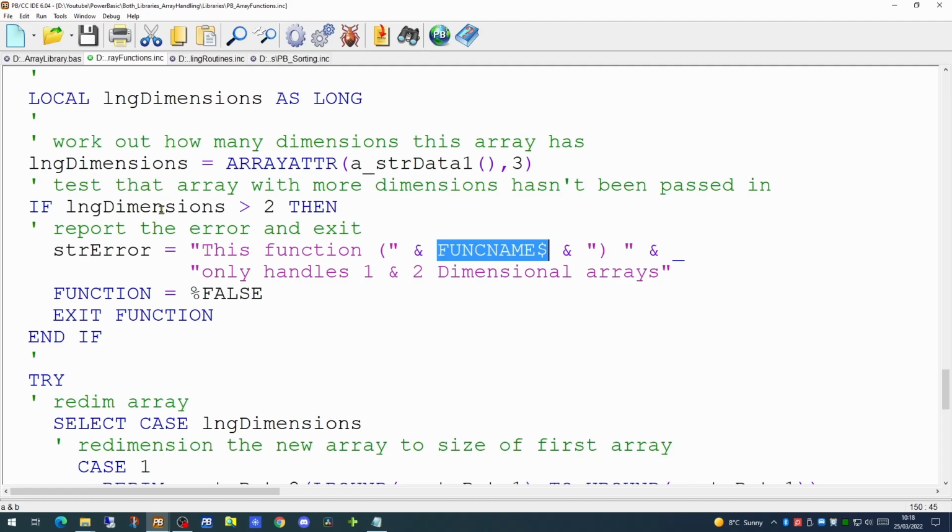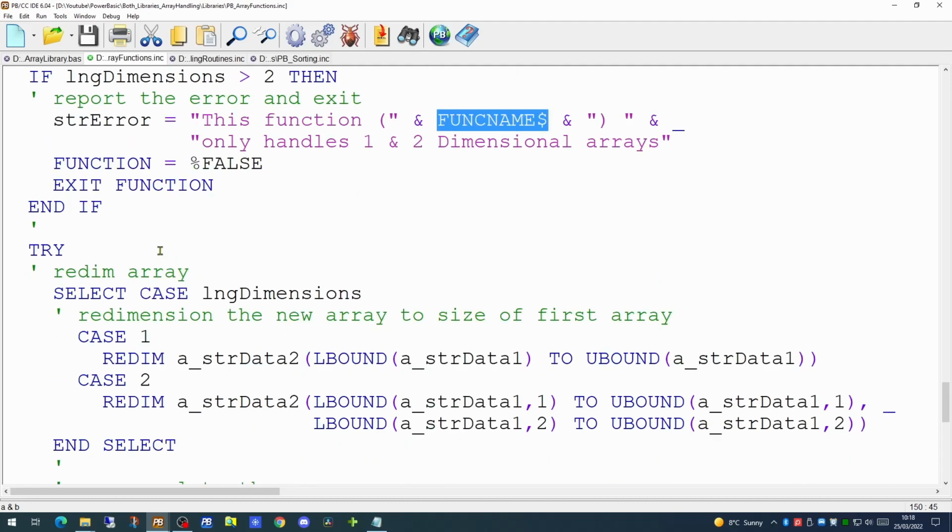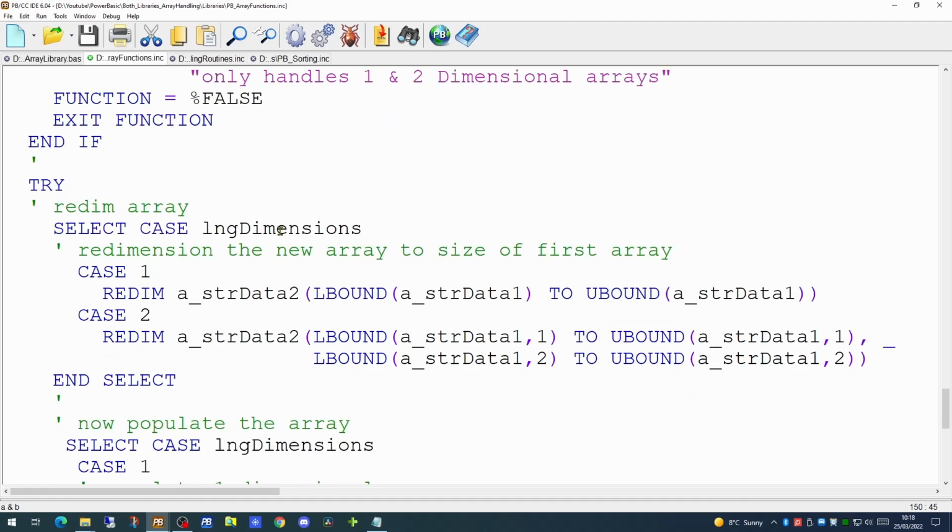So if we get past this point in the code, we can then redimension our destination array based on the number of dimensions that we have worked out previously. So we're going to redimension it as a one-dimensional array, being the same lower bounding and upper bounding as the source array, or for a two-dimensional one, we're doing it as a two-dimensional array.